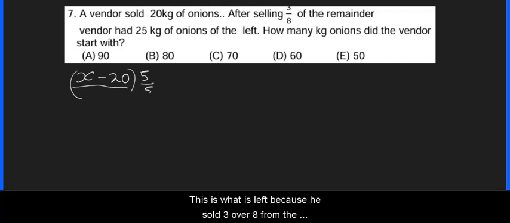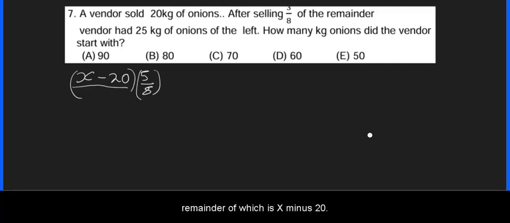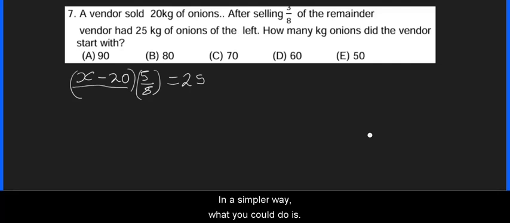This is what is left, because he sold 3/8 from the remainder, which is x minus 20, and then what is left, it is 5/8. And then the vendor had 25 kg of the onions left, so now he had 25 kg of the onions left. Okay, so in a simpler way, what you could do is, let's have,